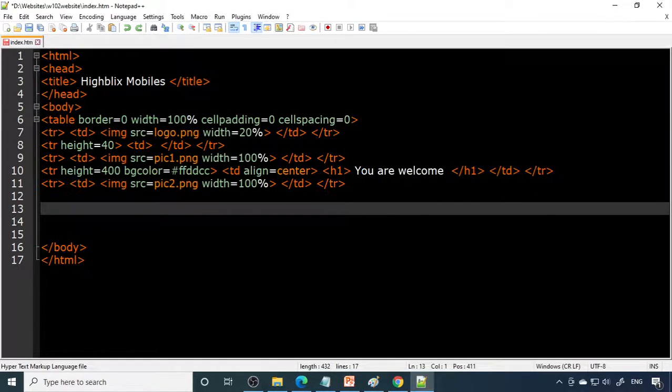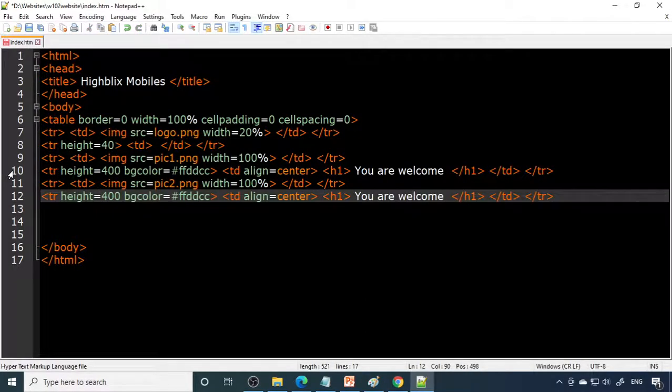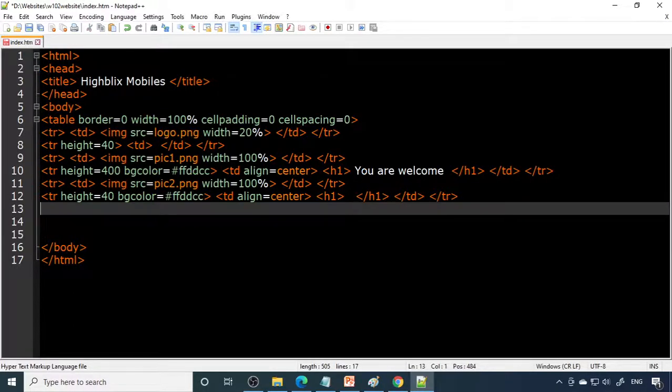Okay, so now what you can do is you copy this, so remove this. This 40 some space you want to provide, so let it be there. So then again copy.